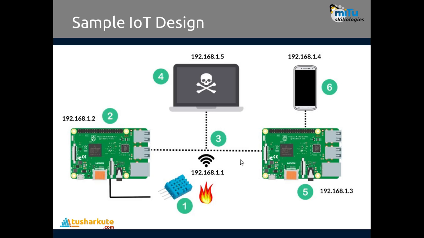Okay, so here the sensor will read the temperature and convert it into an electrical signal, which is identified by the Raspberry Pi. Then this data can be sent over the network to another Raspberry Pi also. And by using the user interface, we can easily monitor it by a mobile phone, a web interface, or any Android application also. Okay, this is how a simple IoT application design will work.